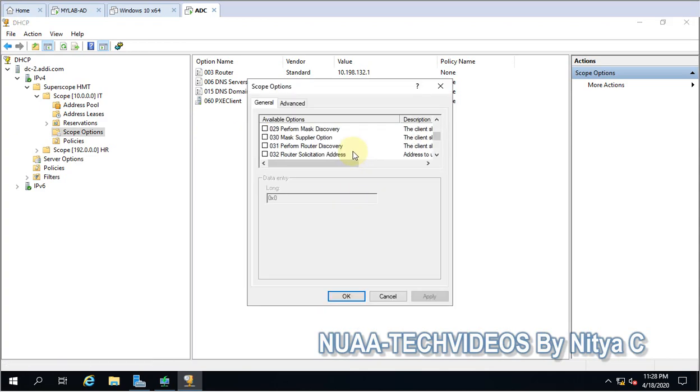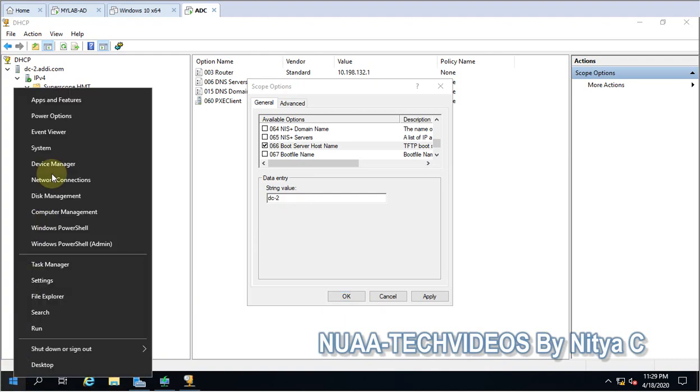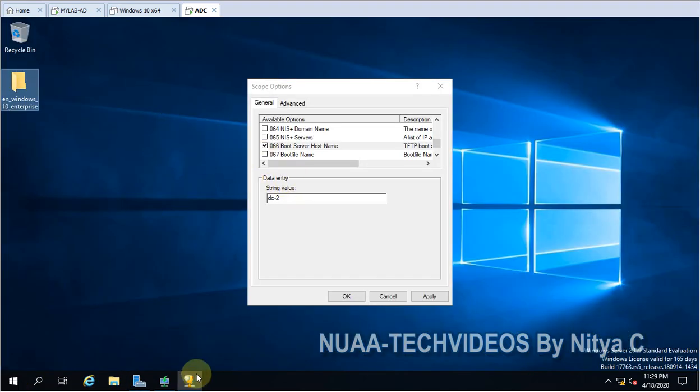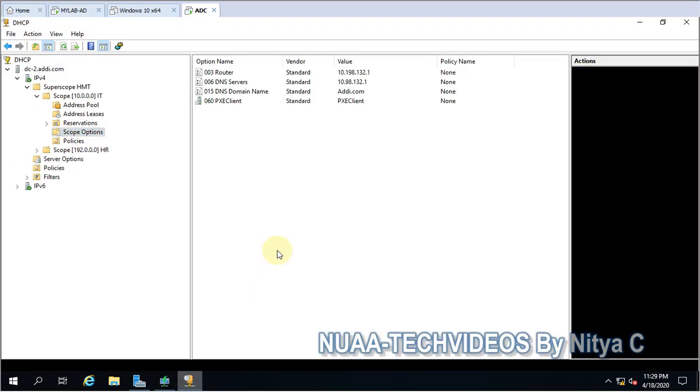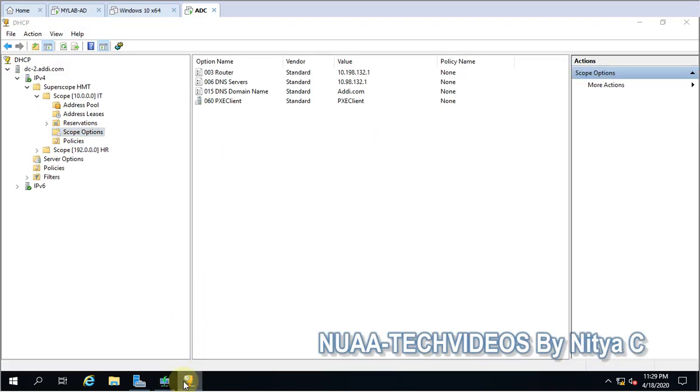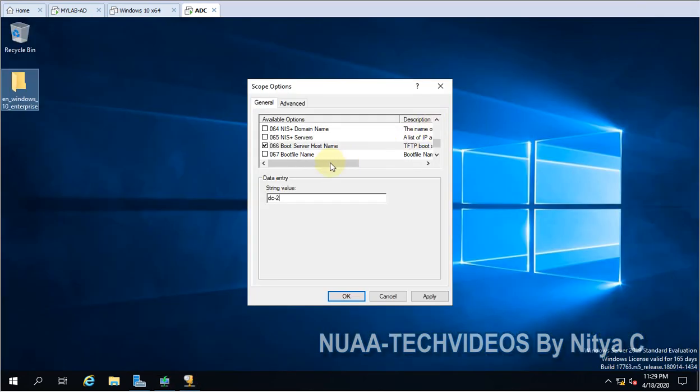So here you have to look for 66. This is the option, the boot server host name. So you have to give the boot server host name. In my case, that is DC2. Yes, DC2, this is the same server. Okay, DC2, let's save the setting, and here the boot file, the file which we copied,